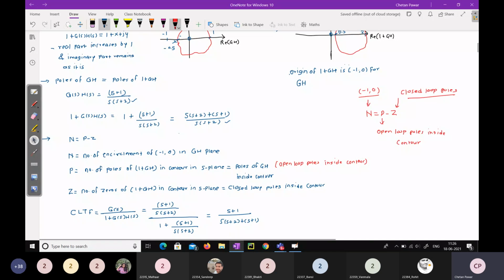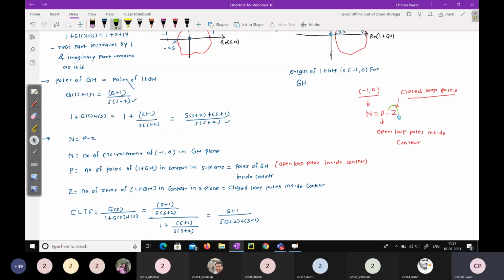Now, if you want to determine the stability of any system, what do you do? If you want to determine the stability of the closed loop system, what will you do, if you have a transfer function of that system? Can anyone tell me? Am I audible? Check the poles. Yes, closed loop poles. I will check the closed loop poles location, right? So here my main interest is this Z.